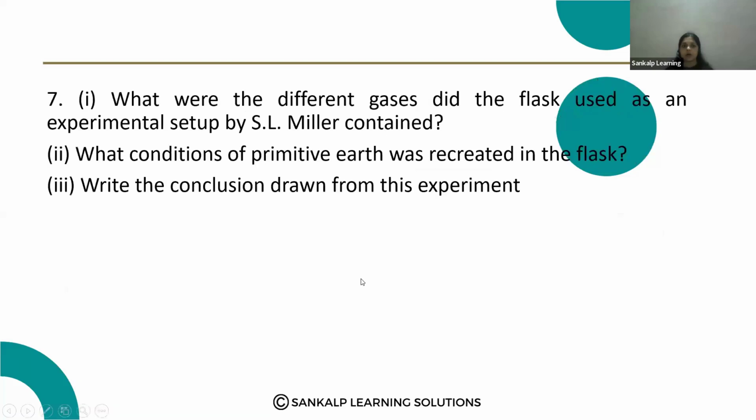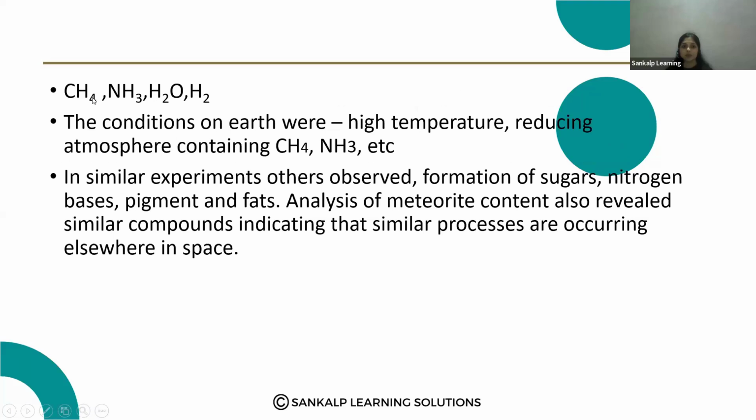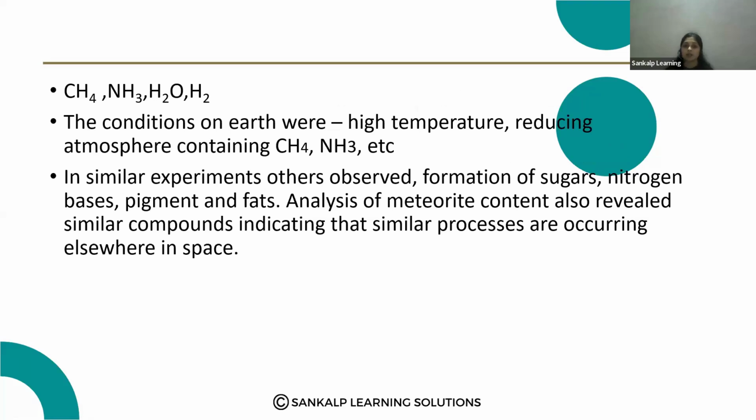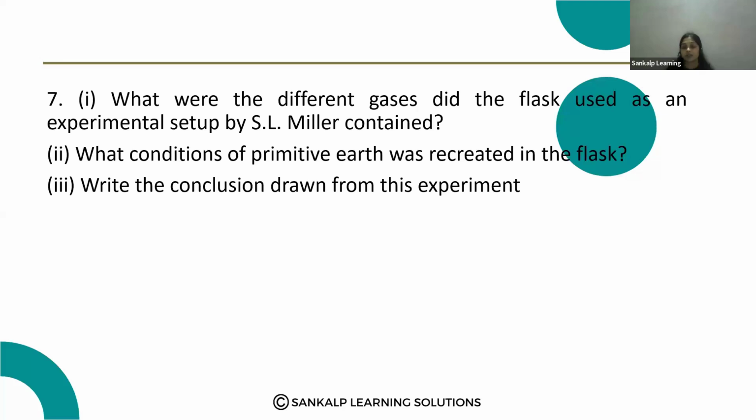Next question. What were the different gases the flask used in the experiment set up by Stanley Miller contained? Which gases were used in the flask? CH4, methane, ammonia, water and hydrogen were used. Then what conditions of primitive earth were recreated in the flask? Which conditions did they create? The conditions on earth were high temperature and a reducing atmosphere containing ammonia, methane, etc. So that is the condition which was created